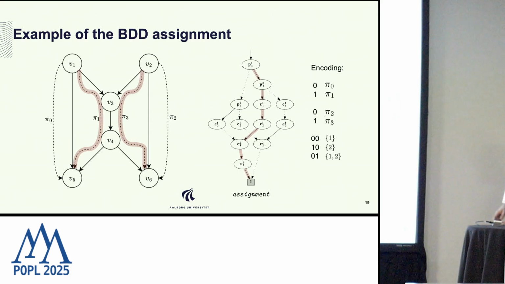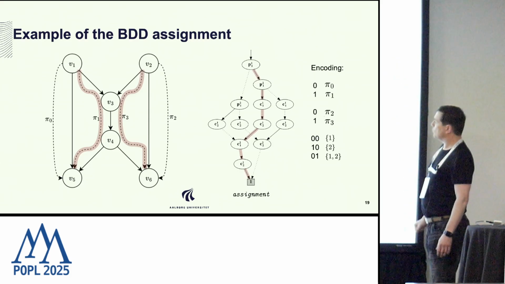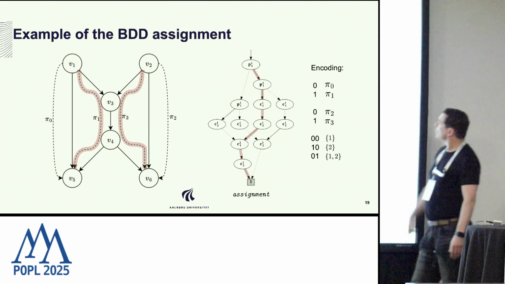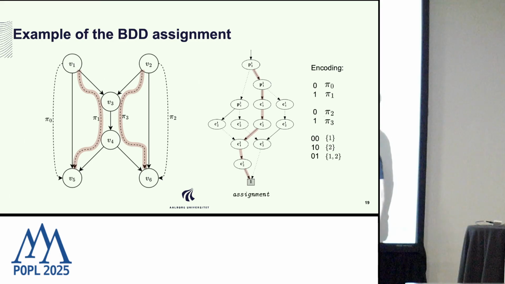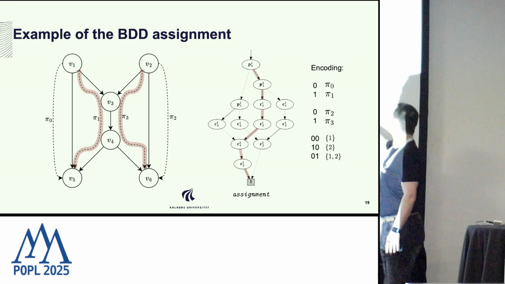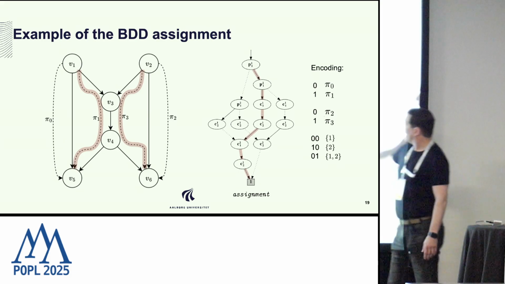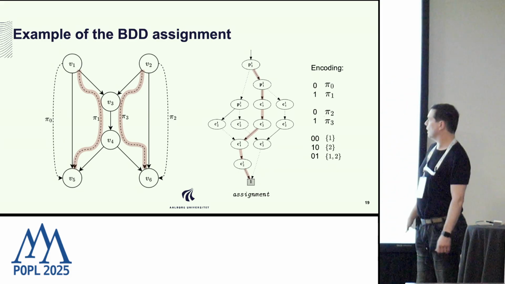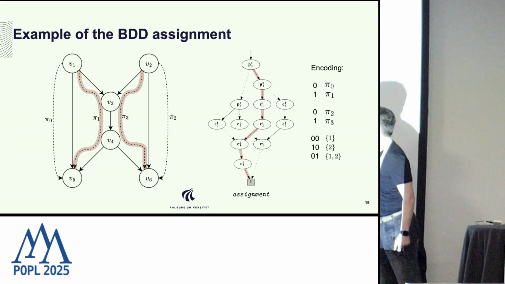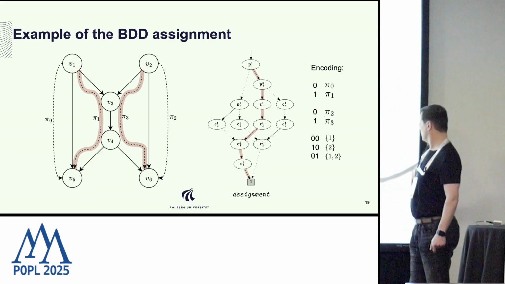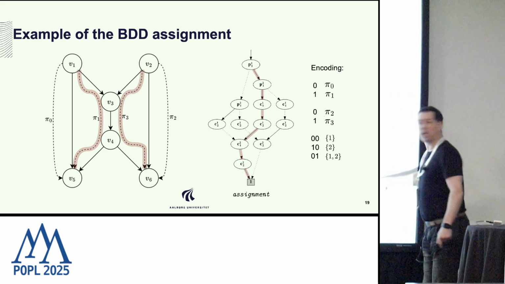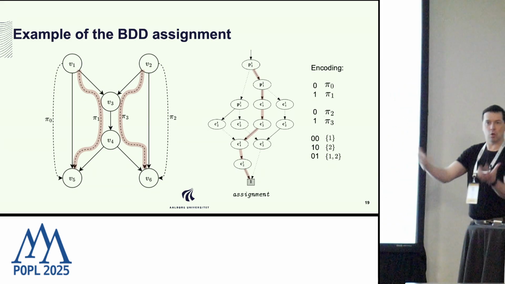As an example, in my running example, when I do the assignment BDD, it looks like this. And here is the encoding that I used. First the path. Here I only need 1 bit for encoding the path, since each of them has just 2 options. So this is 1, 1, which corresponds to pi 1, pi 3. And then I have 2 bits that encode the channel of the first demand, which in my case is 0, 1. This is the channel 1, 2. And then the other one is also 0, 1. That's also channel 1, 2. So that path encodes this concrete assignment.